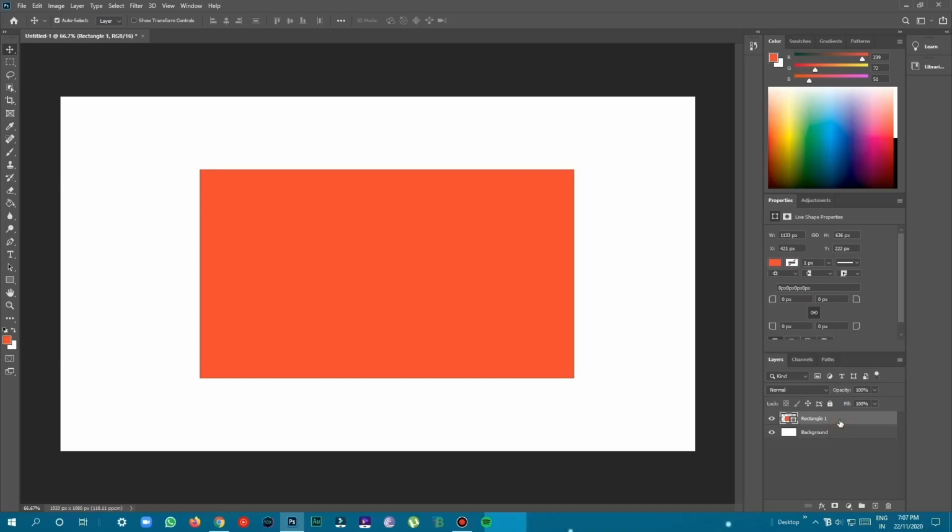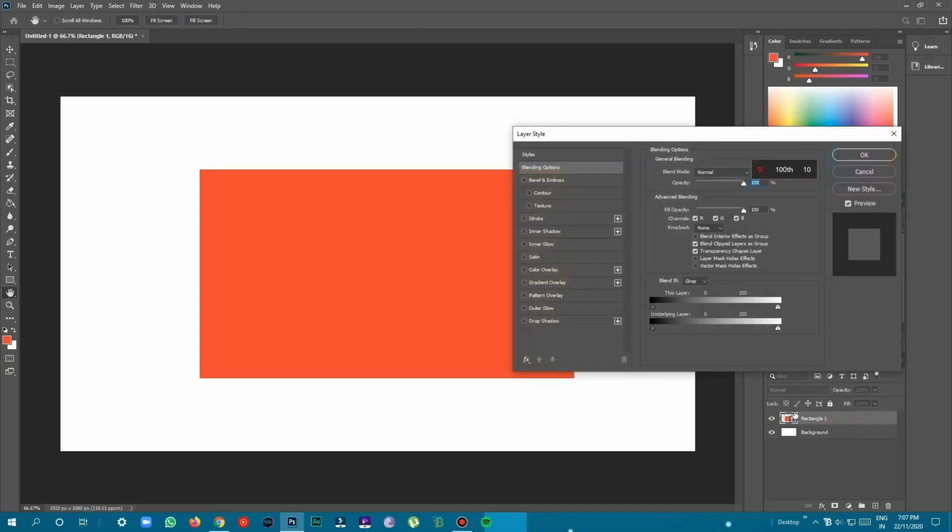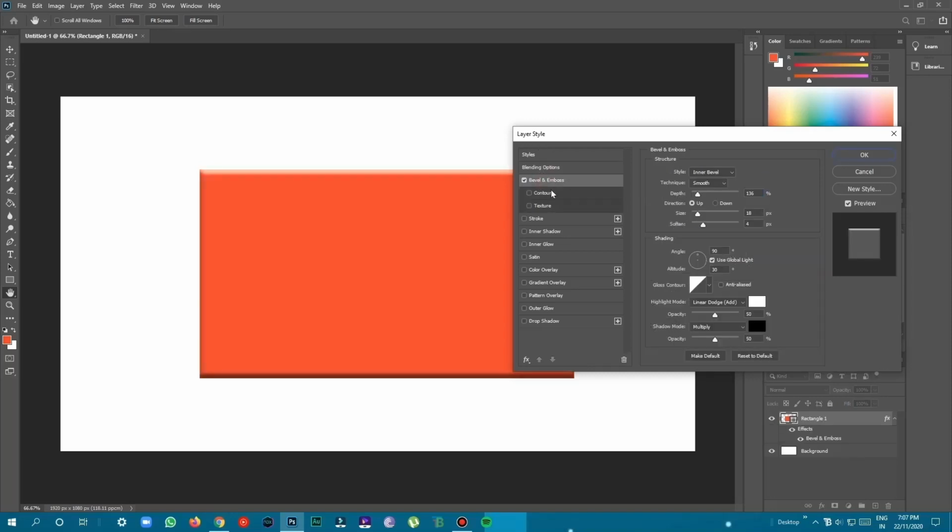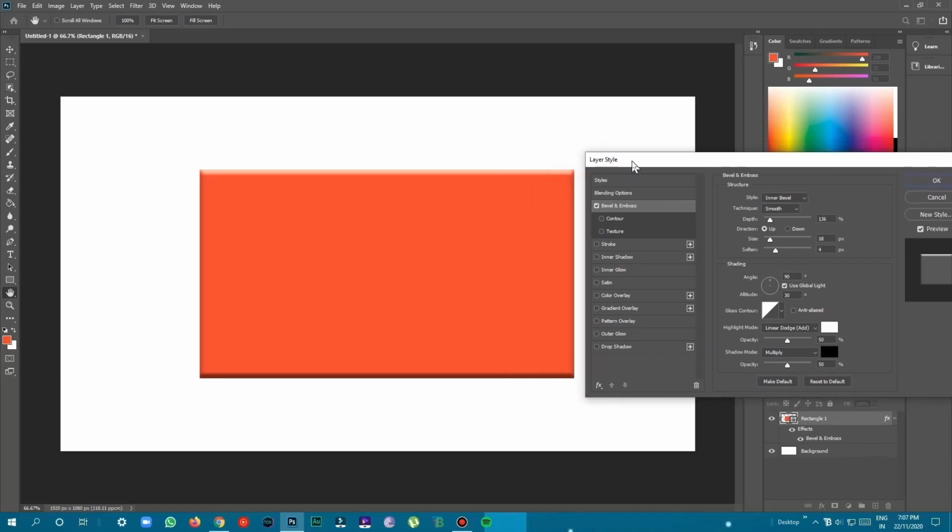To add effects, just double click on the rectangle in the layers. The layer style tab opens, through which we are going to add some effects to the rectangle. First we are going to see the bevel and emboss, which is basically making this 2D rectangle look like 3D.